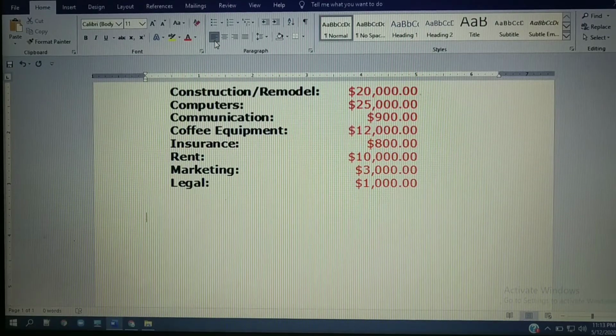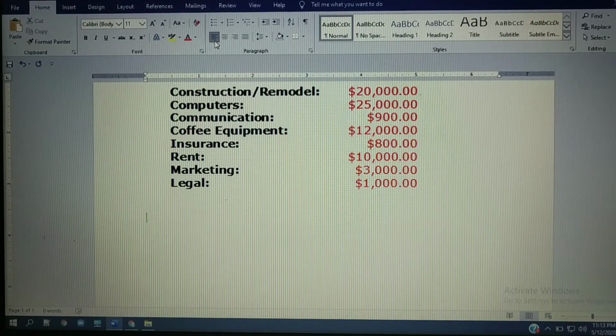Hello everyone. In this video, I am going to explain what tabs are in MS Word and how to set and how to use these tabs in MS Word. These tabs are used to write text in different columns. I am not talking about paragraph columns, like how you divide your document into different columns. That column option is to write a text paragraph in different columns.